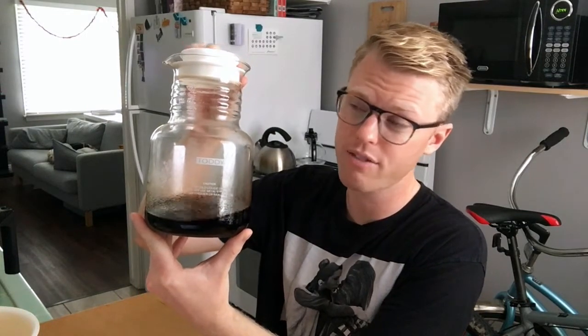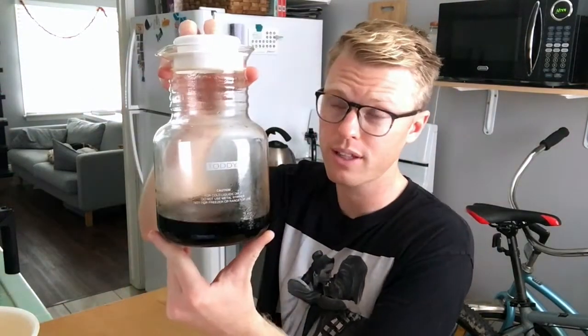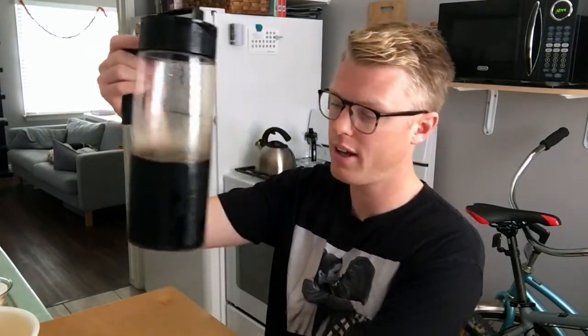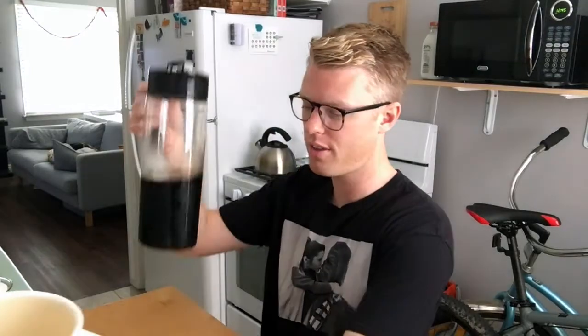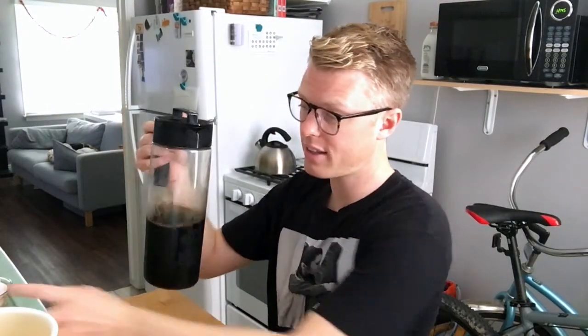You will also need, well, the Toddy comes with this, which is what you will store your cold brewed coffee in. So you'll need that. And in addition, you'll need another container or pitcher. I have this, which works great. You'll need something where the Toddy can fit on top of it. So you'll kind of figure that out as you use it. This pitcher works great. I like that they're different, so I can easily tell that this is regular coffee and